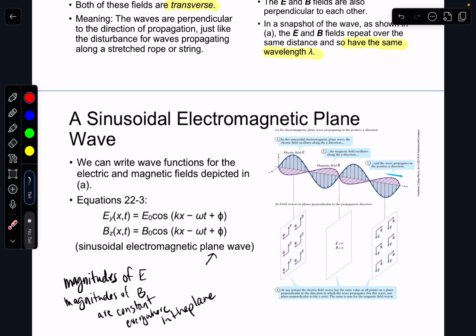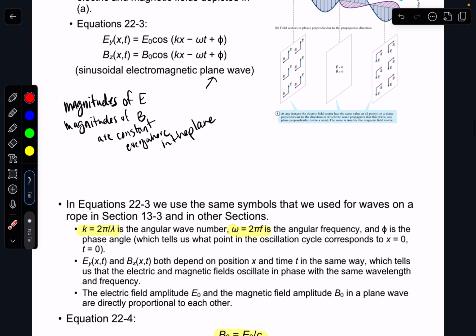And if we were to cut out a plane right here, then you can see the E field pointing down and the B field pointing to the right. Everywhere they would have that same magnitude. Now, I'm not saying that E and B are equal. I'm saying that all the E's are equal and all the B's are equal. But E and B are related to each other